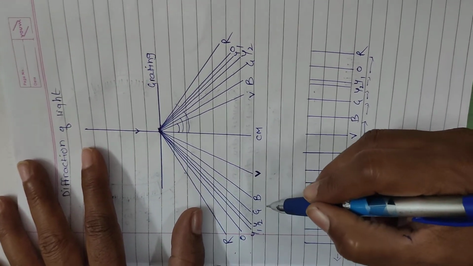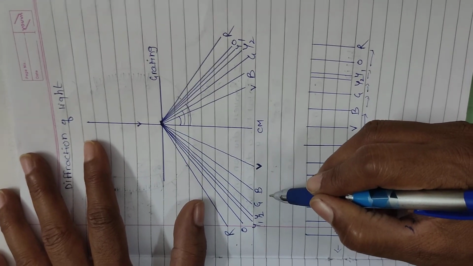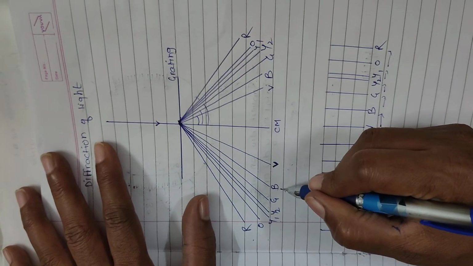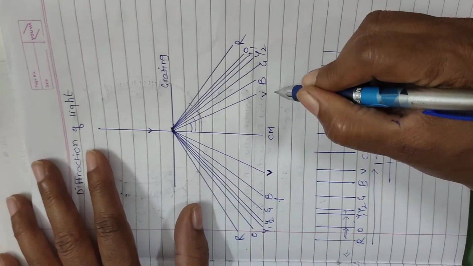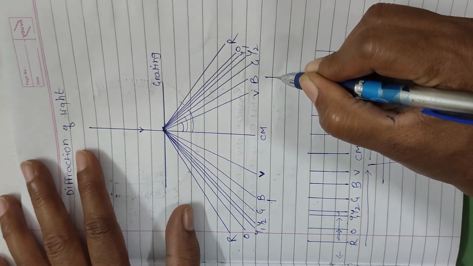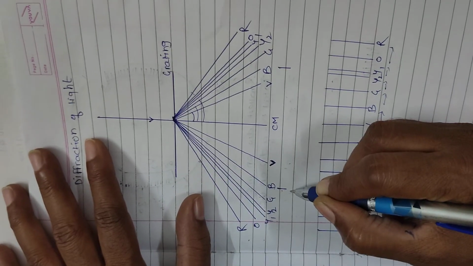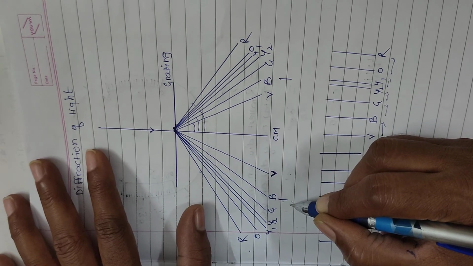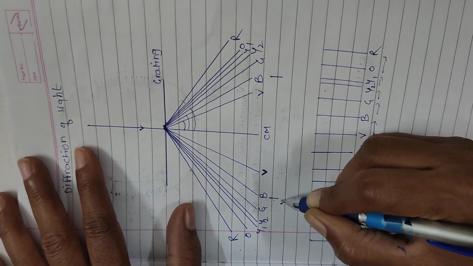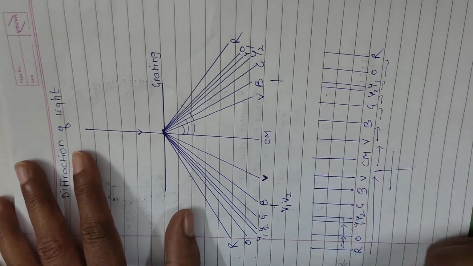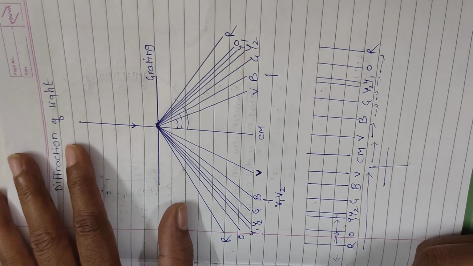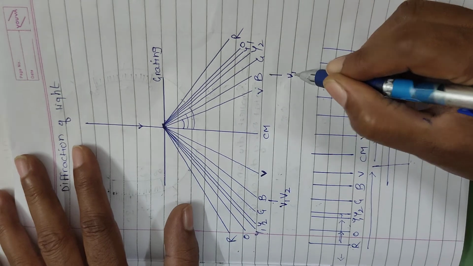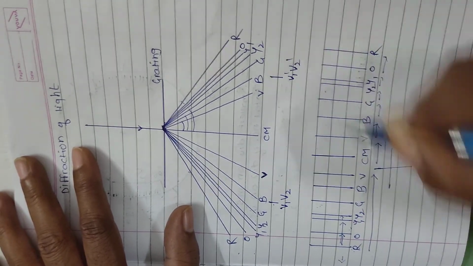Now in this ray diagram you can see I am trying to explain how to find the angle of diffraction. Suppose this is our blue color line on the left side and this is our blue color line on the right side. We have taken our telescope to this position, overlapped the vertical cross wire, and recorded the readings through two windows, that is V1 and V2. So for this position we have taken readings V1, V2. On the right side, for the same position, we have recorded V1 dash and V2 dash.